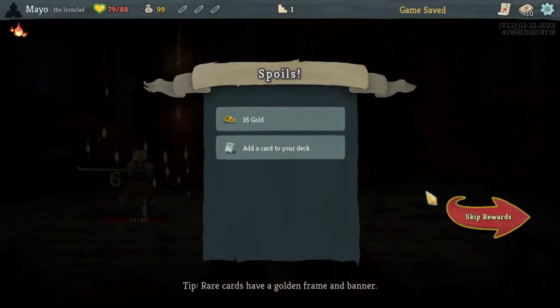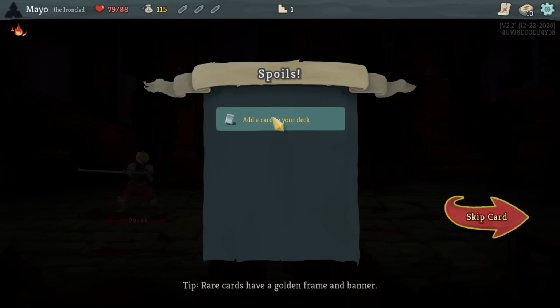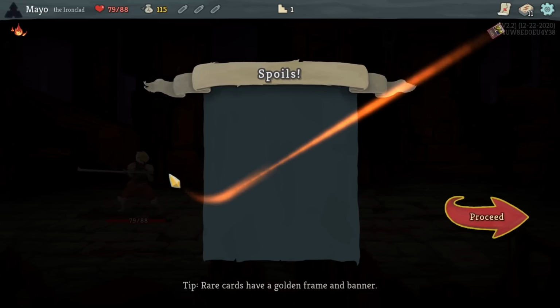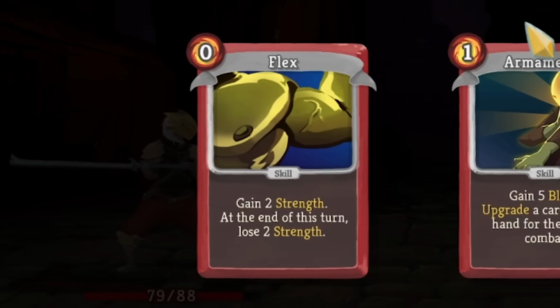The Jawworm has fallen, and it's time to claim our rewards. 16 gold, which goes to our total at the top, and the option of adding a new card. I'm looking for a little more early game hitting power, so I pick Flex, which gives me +2 damage to all attacks for 1 turn. It's also a 0 energy cost card, which is nice since we don't have a lot of energy to work